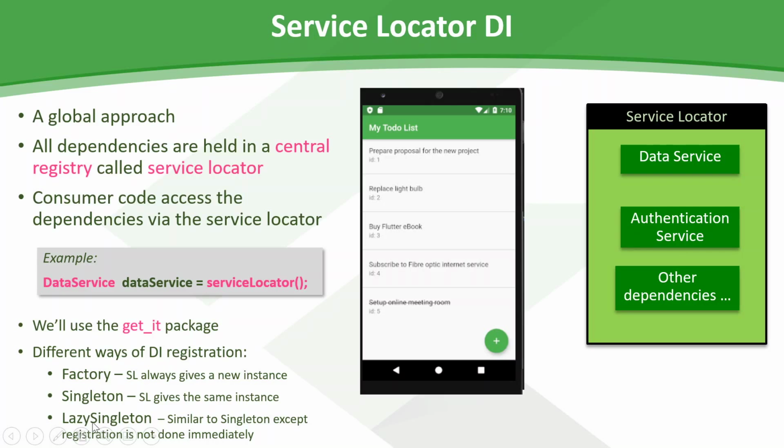What we want is to create the object only the first time we call the service. So in this demo later I'm going to use lazy singleton, rather than the first two. I hope I have examples to show you some use cases for the factory as well. Okay, now I'm going to show you a demo about the service locator